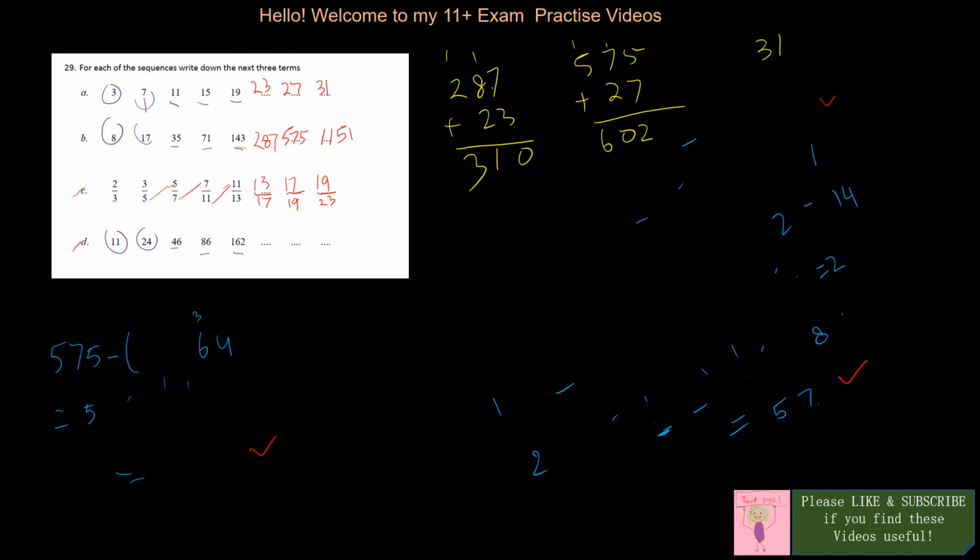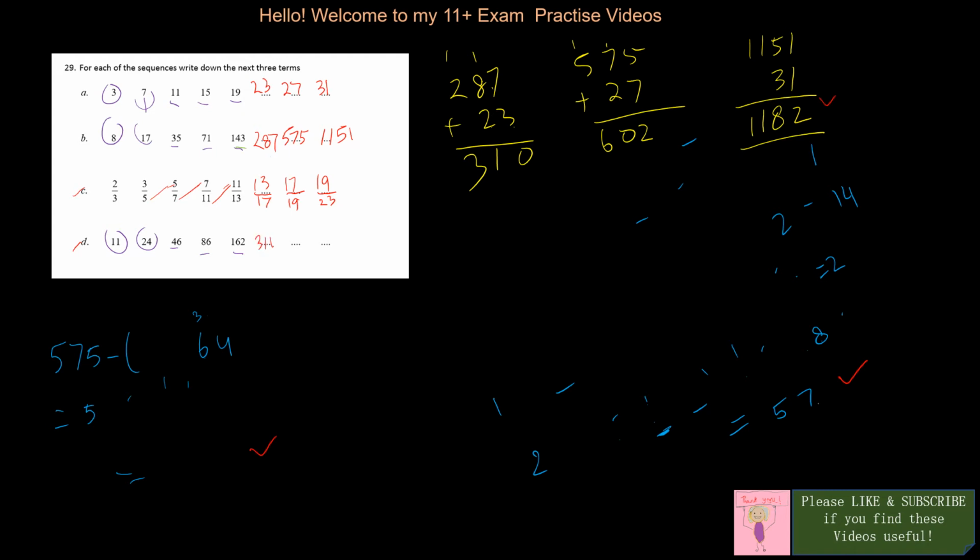Then we have 31 and 1151. 1151 and 31 is 2, 5 and 3 is 8, and 1. So it's 1182. So my series will be